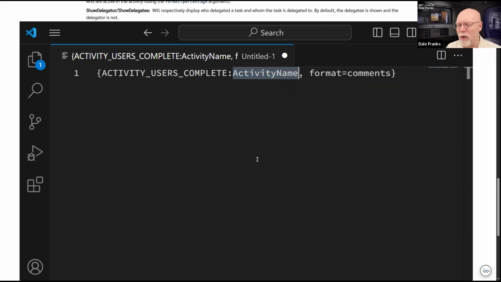But there's the rub, because I have to specify a different activity. I want to be able to show this no matter what approval activity resulted in a resubmit. Now, I know there's only going to be two of them.